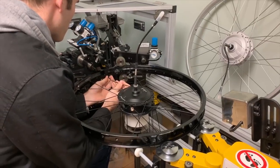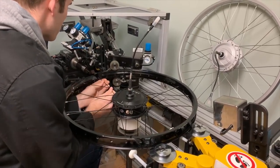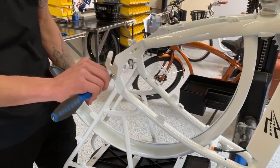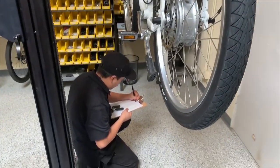In that process, it allows us to have the experts that are in our shop. Those guys are actually doing it day in and day out, and they are experts in doing what they do. They've got the tools available, they've got the parts available, and they've got the skills. The skills to be able to put the